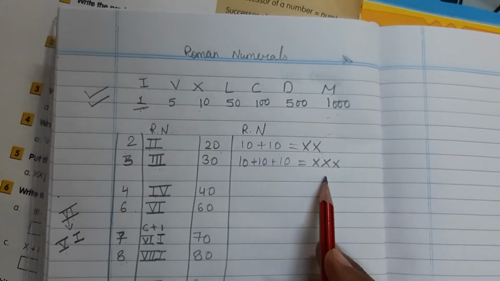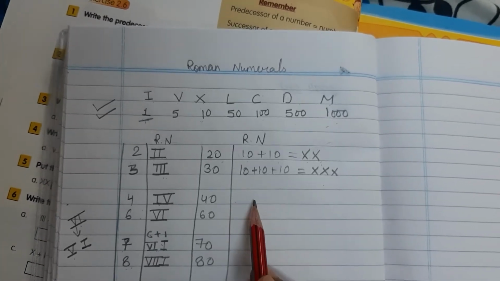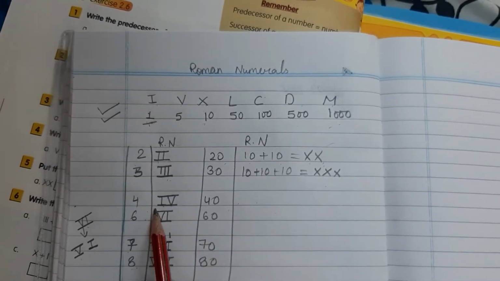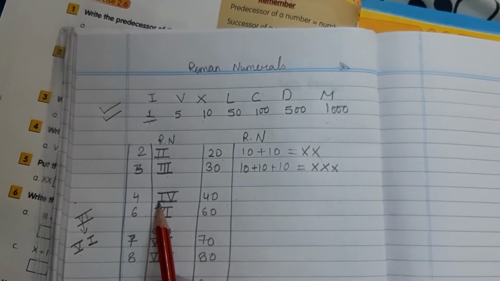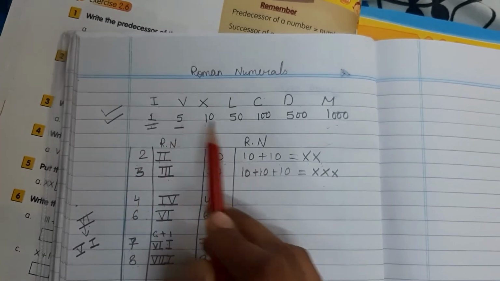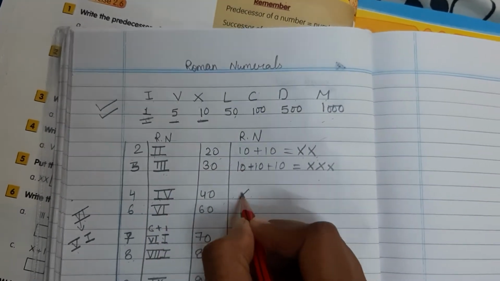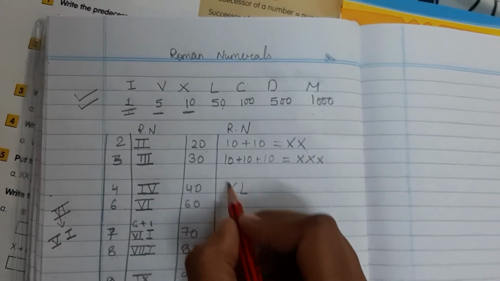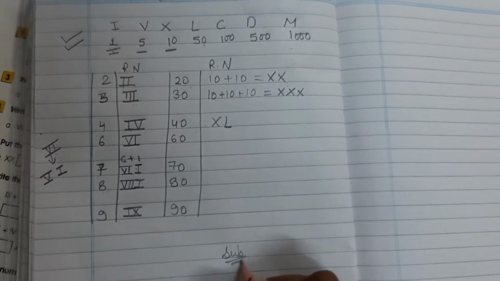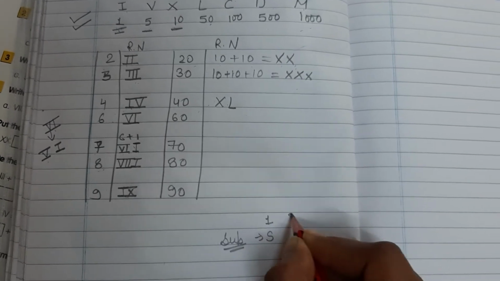A Roman numeral is always repeated only 3 times, not a maximum of 4 times. For 40 you can't write X 4 times. For 40 what do you have to do? Just compare with another one. What do you write here: first I, then V, for the Roman numeral. Now for 40 you have to write first X, then L. Why am I writing X and L? Because if you remember the subtraction rule I told you. What is the subtraction rule? The first digit will be smaller and the second digit will be bigger.